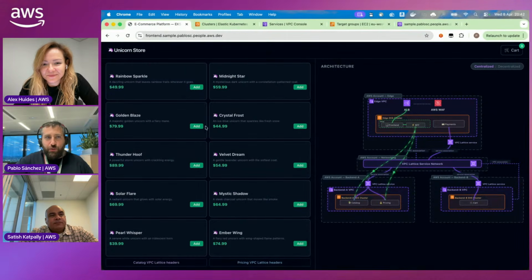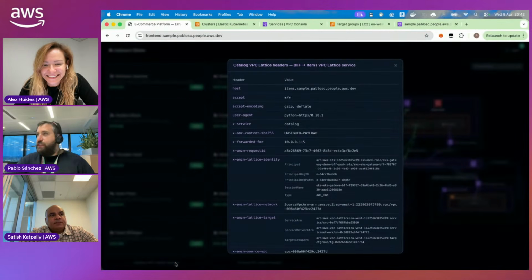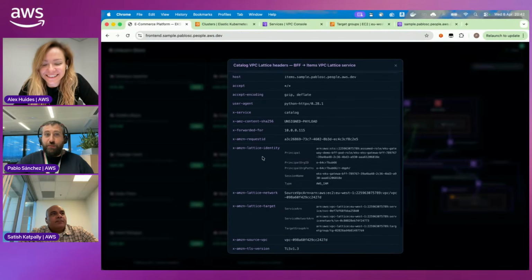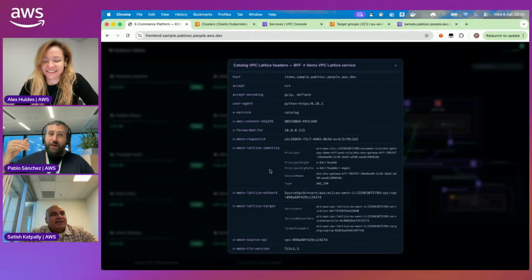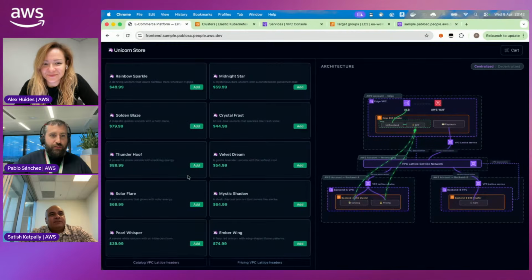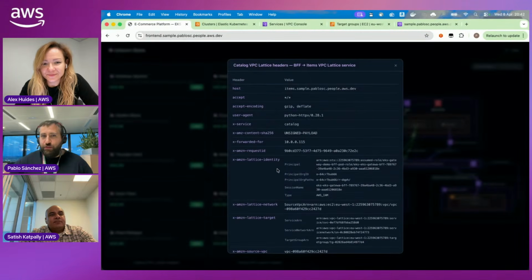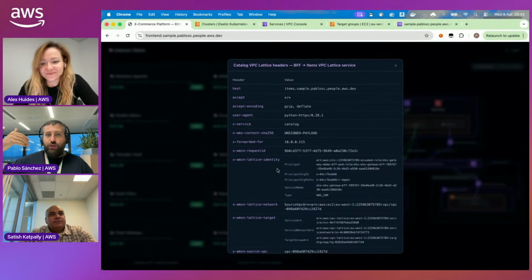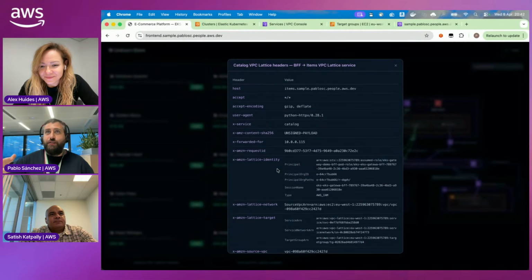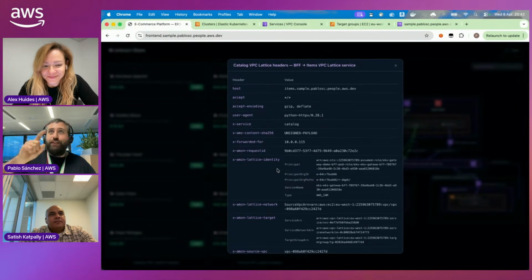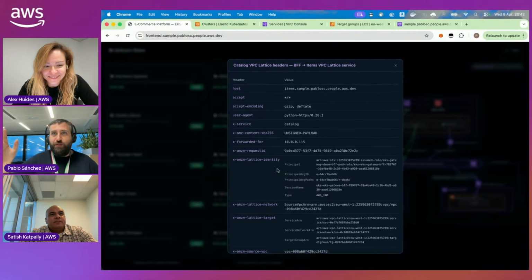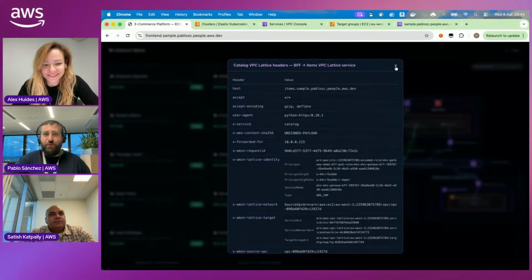So you can add items to the cart. Also, you can see the headers. I think someone mentioned there, like, the SigV4 signing. It's the key thing of VPC Lattice. I completely agree. You can see here that once you sign your requests, you can have all the information about the principal doing the call, the org ID, the OUs that make that call, also the session name that is more for traceability. But now you can create auth policies with granularity, about I want this one talking with this one only for some specific conditions. So I agree that this is the powerful thing.